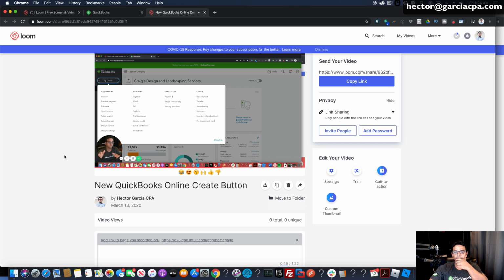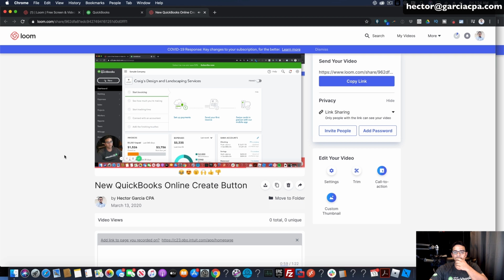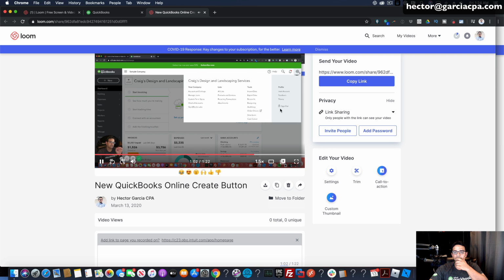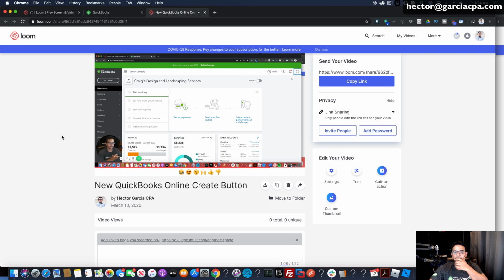Split up into 4 columns, customers, vendors, employees, and other. And virtually 95% of the functions you'll be using QuickBooks Online will be found under that new button. However, if you click on the gear menu, you'll see some additional options there as well, but those are not as common. Anyway, I hope you enjoyed that video. So if you need more information, go to www.hectorgarcia.com and hire a professional to help